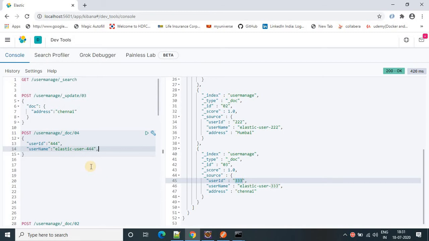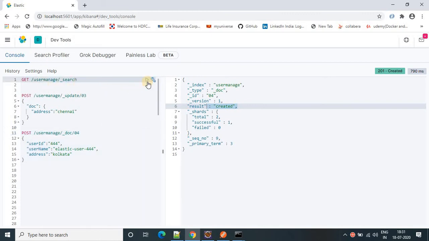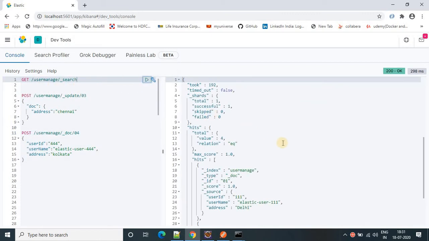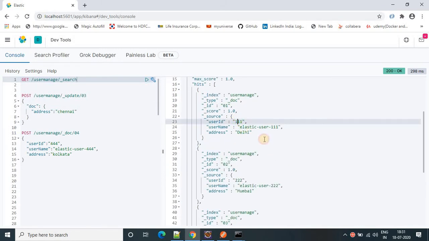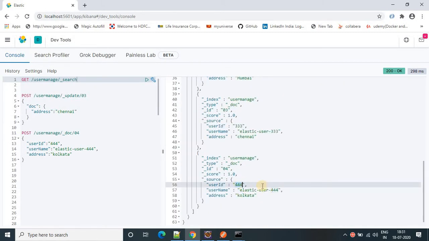Now provide the address, let's suppose Kolkata. Hit this query. Yeah, we got the result: created. Now search how many objects we have. Previously we had three objects. Now the value is four: 111, 222, 333, and the one we just created, 444.